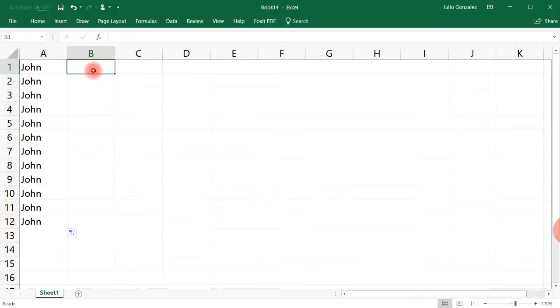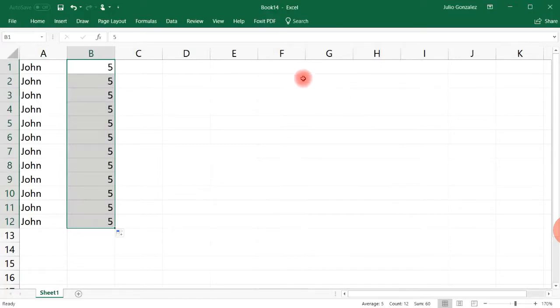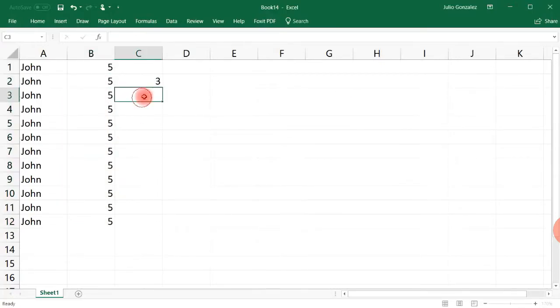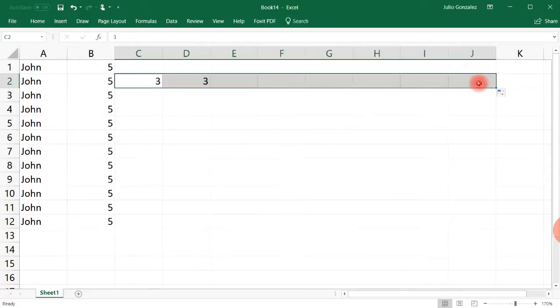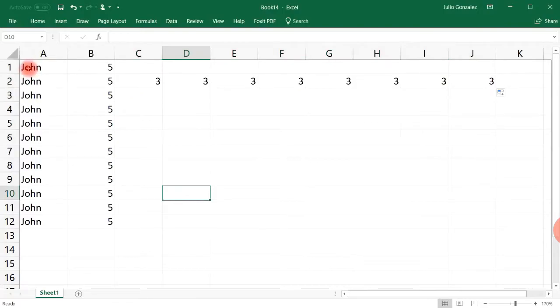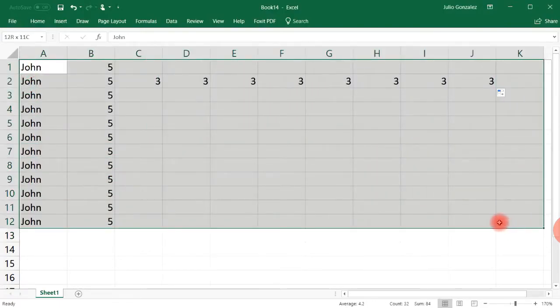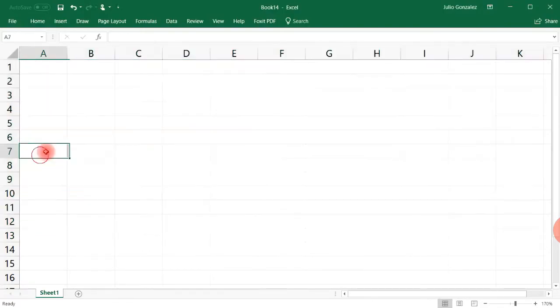Now let's say if you want to copy a number, you can just type in number 5, click the button at the bottom right, and then drag it. And so you can copy it that way as well. You can also copy things horizontally just by extending it. And so that's one way in which you can use the autofill feature by copying a cell and extend it